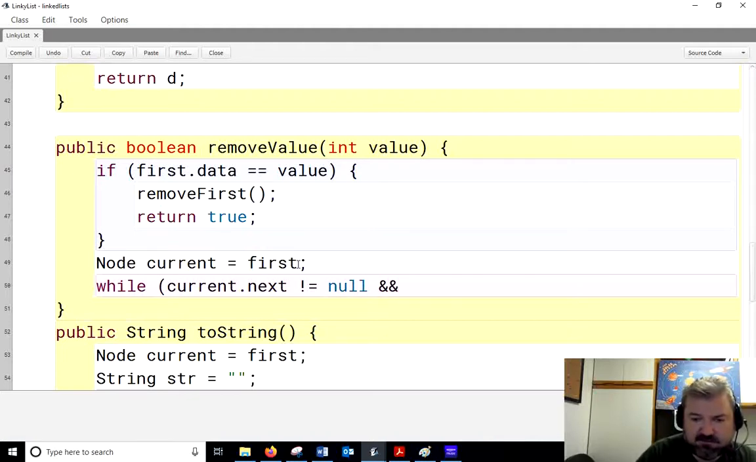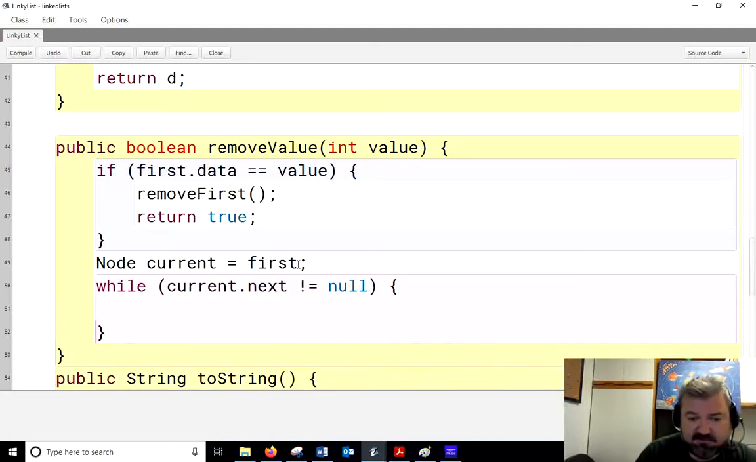actually that's all I'm going to do, to tell you the truth. A little different than I described it earlier, but this is the way I'm going to do it now because I can change things. I can do that. So while current.next does not equal null, if